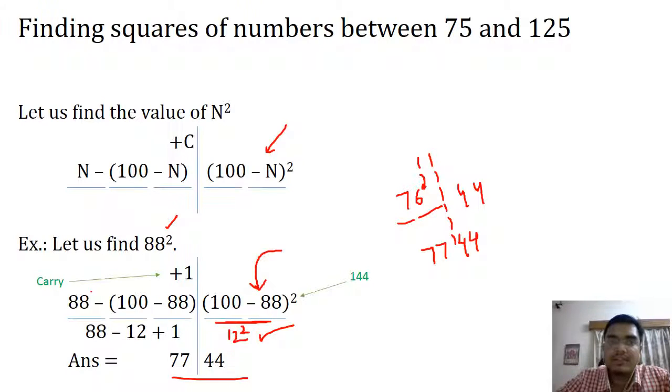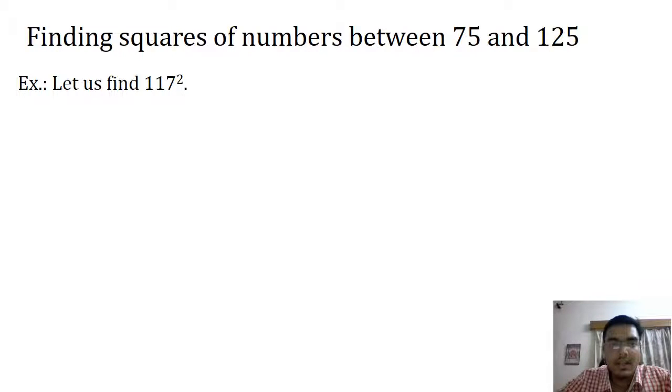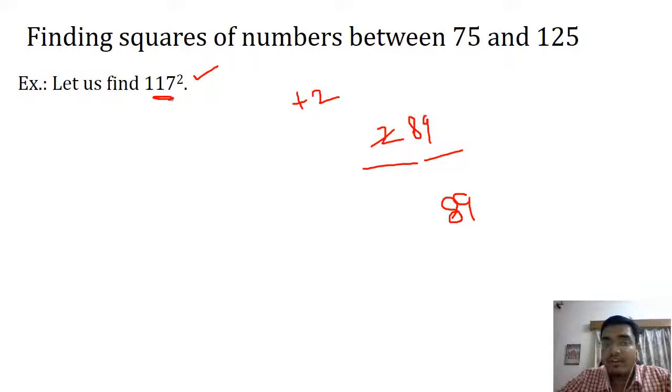Let us see another example on this. So let us find the square of 117. How can we find 117 square? We have last two digits as 17 square, that is 289. Now because 2 is the third digit, it will get carried over, so it is plus 2. We got last two digits as 89. Because we need to find 100 minus 117, that becomes 17. Now we need to add 17 to 117 because it is a bigger number than 100. So 117 plus 17 is 134, plus 2 carry. So our answer becomes 13689.